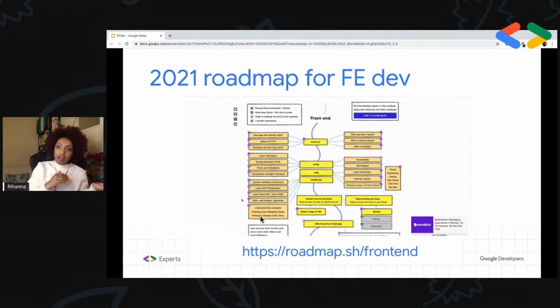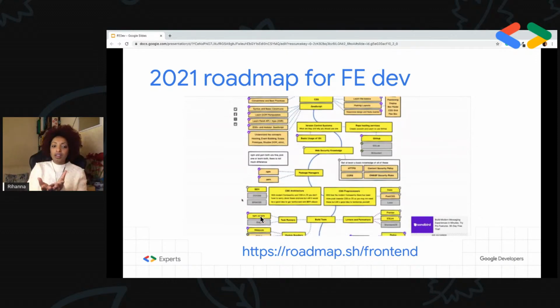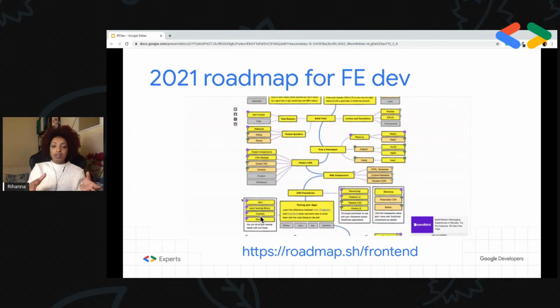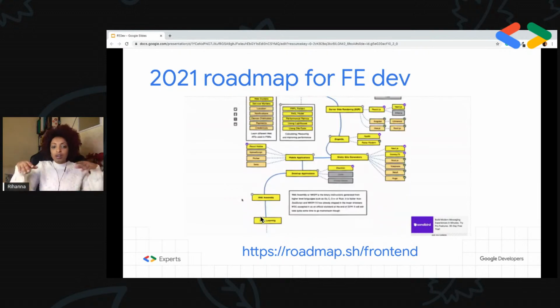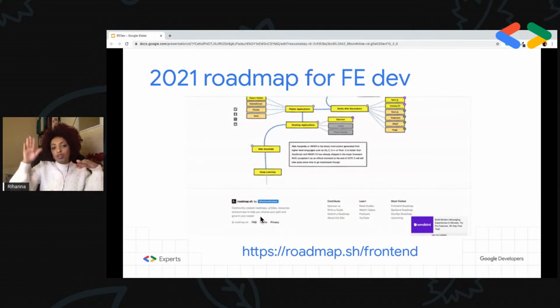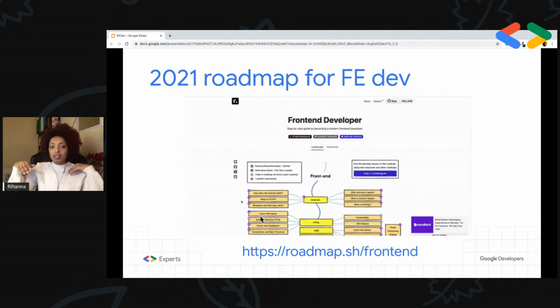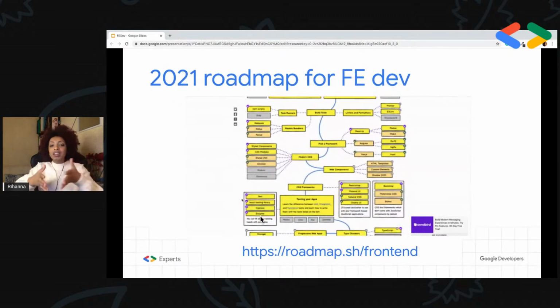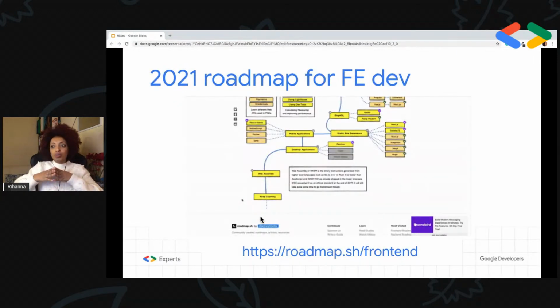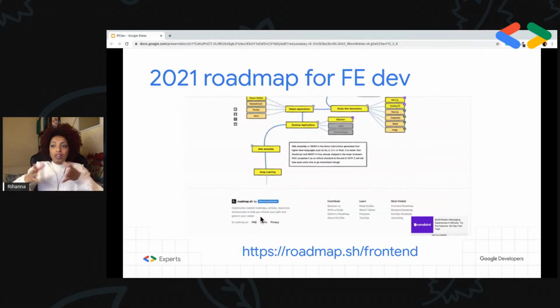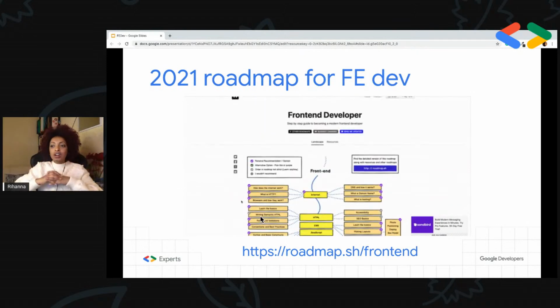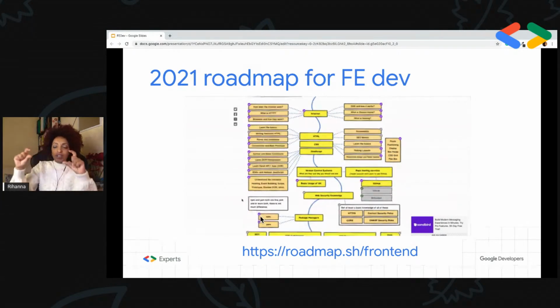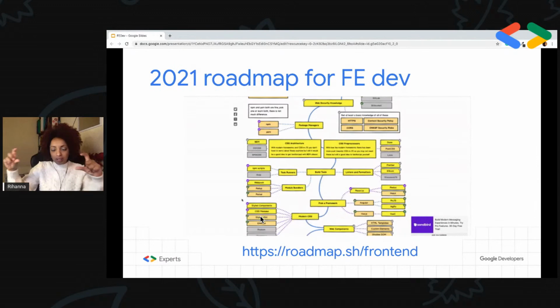And now, recapping everything, in 2021, as a front-end developer, more or less, you have to know these things that are scrolling in this GIF. Not that you really have to know everything, but at least know the terms, or know some of these groupings.